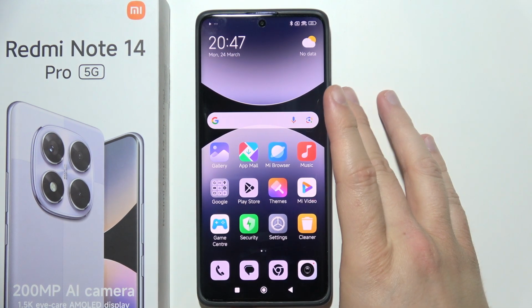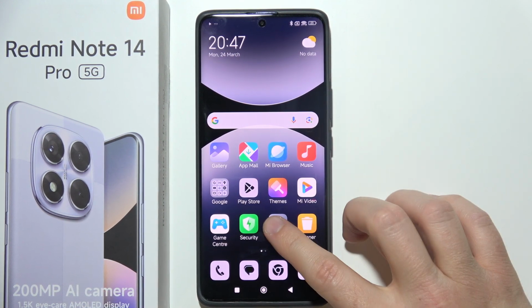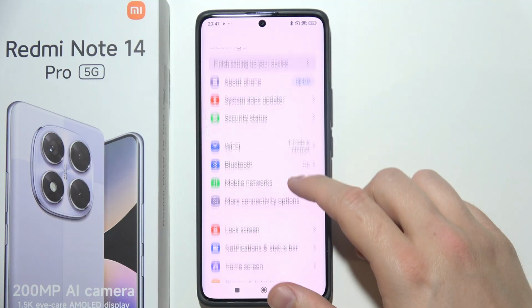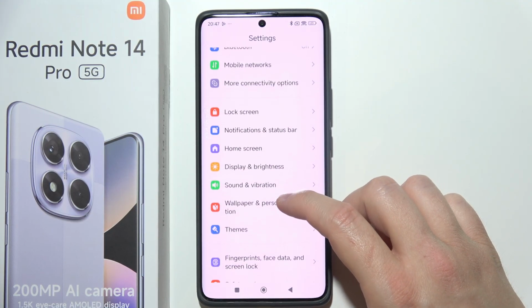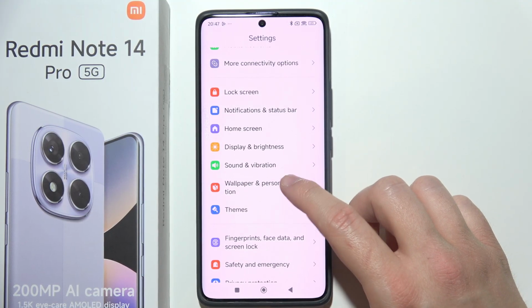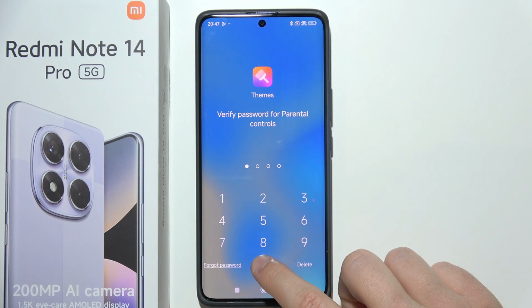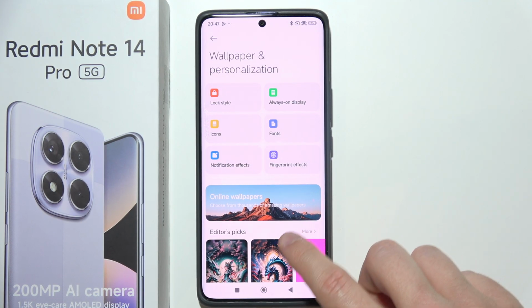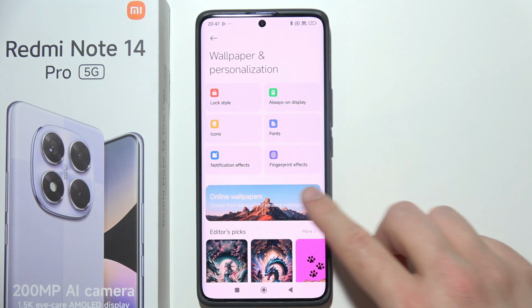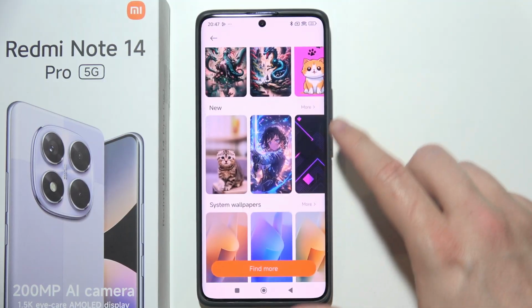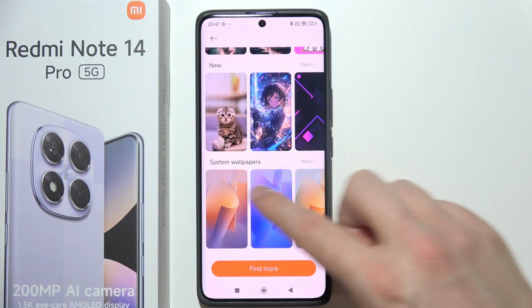To change wallpaper on Redmi Note 14 Pro, you will have to start by opening Settings. And next, you will have to scroll down and go into Wallpaper and Personalization. When you are here, you will have to select online wallpapers, or for example, the default wallpapers like system